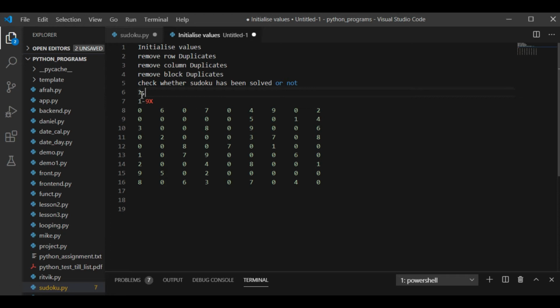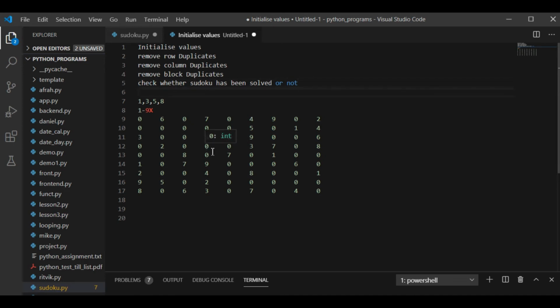It cannot have value 2. It can have value 3, it cannot have value 4, it can have value 5. 6 and 7 cannot. Then it can have 8. So these are the four possible values that this particular cell can have.